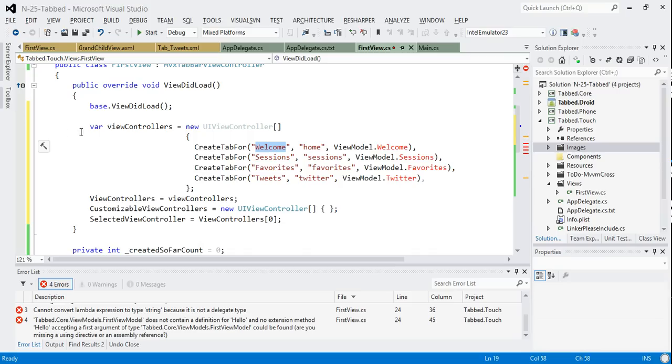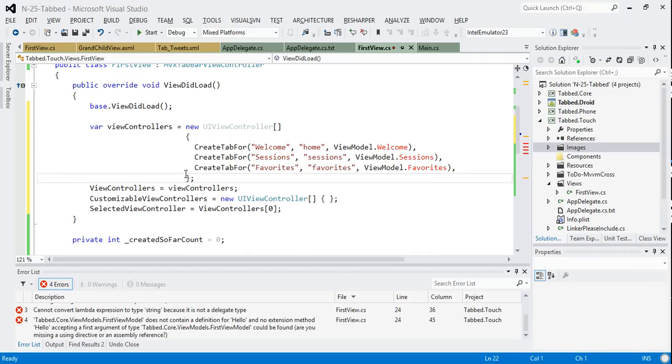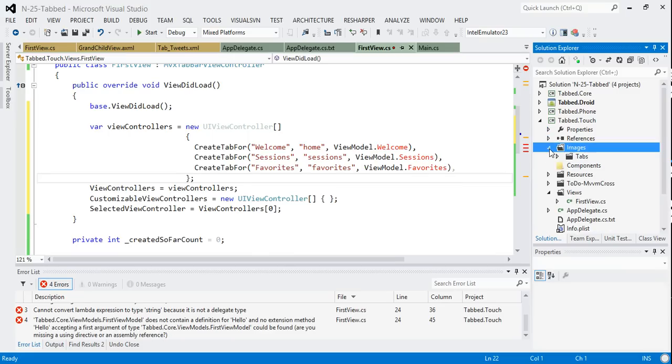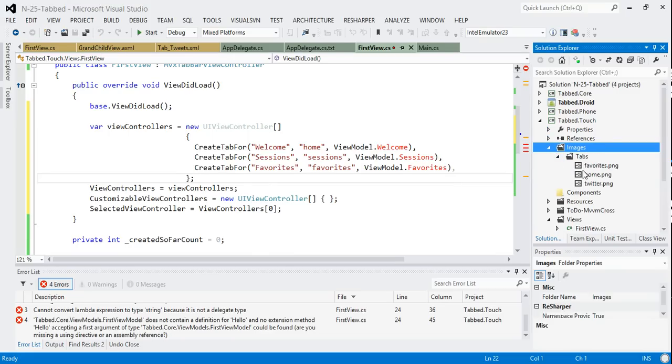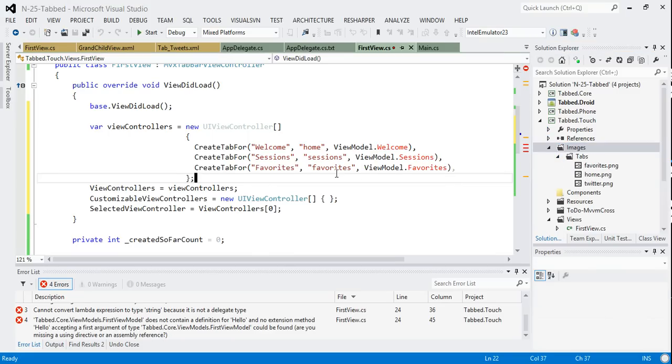And so first of all, what we do is we create an array of UI view controllers, and we're only going to have 3 of these. And these are going to be, and so which images did we include? We included favorites, home, and Twitter. So I've got rid of one of my images already. Favorites, sessions is the one I didn't have. So now what we can do is we'll just put these two through